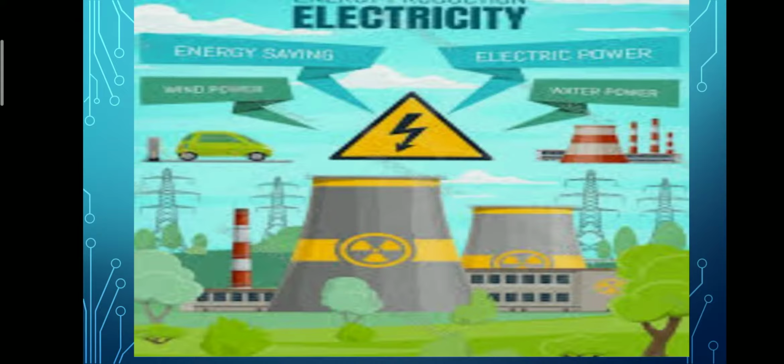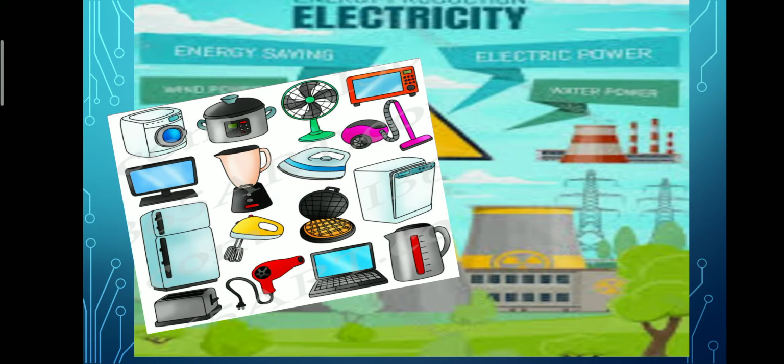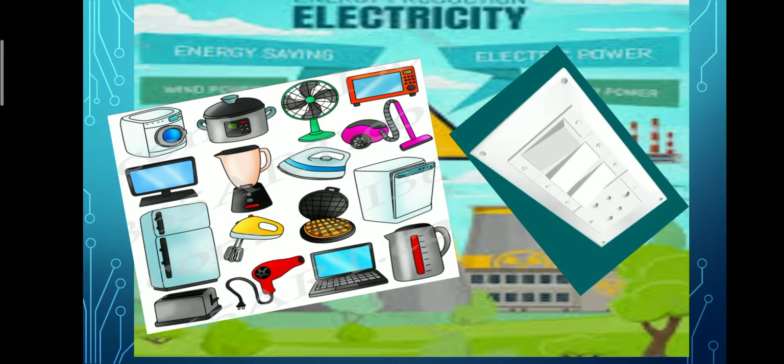Now, what are the appliances we are using, like the washing machine, electric cooker, refrigerator, kettle, vacuum cleaner, fan, oven, laptop. All those things consume electricity. It is very easy for us now when we plug it in and switch on, we are using all these electrical equipments.